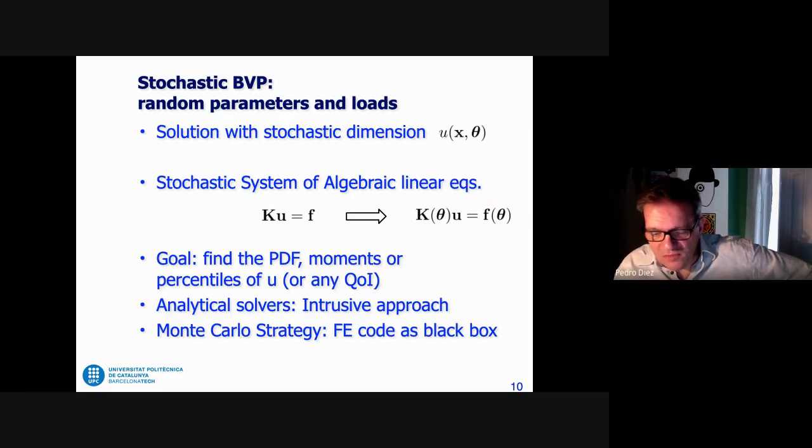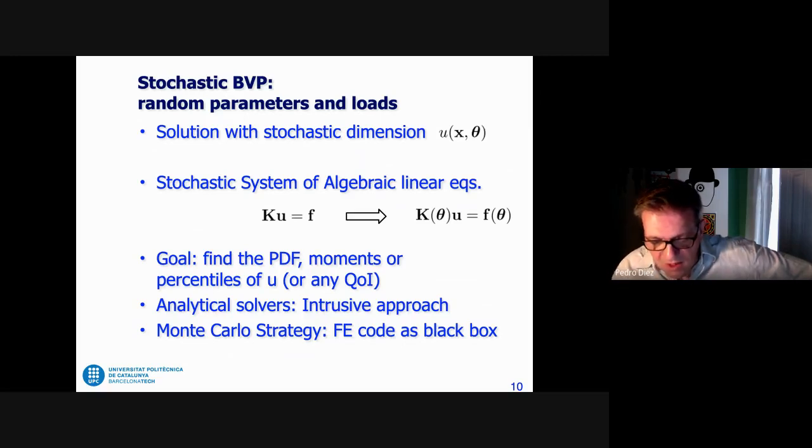So therefore, we have to solve this problem. In this problem, the solution is u, which is also stochastic, as a result of having a stochastic operator. So the goal of a stochastic finite element is discretizing in the standard way, but finding not only a number, but a probability distribution. So the PDF of u, or any quantity of interest that depends on u, and some moments, average, variance, or some percentiles, as I said before,